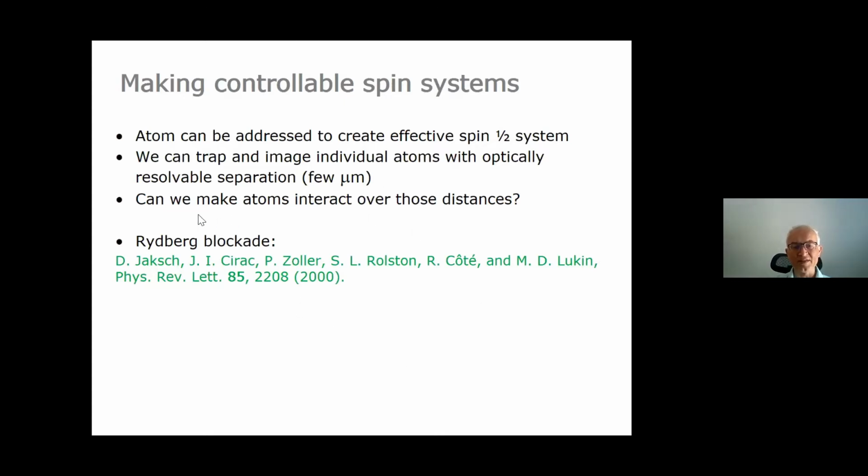And here this idea of Rydberg blockade comes in, about the same time as Philippe Grangier imaged his single atoms, around 2000. And the answer is obviously Rydberg, because with Rydberg states we can make interactions over optically resolvable distances. So we have the best of both worlds. We can individually control and prepare single atoms, and we can